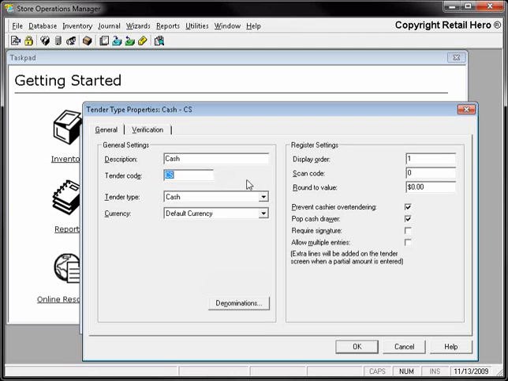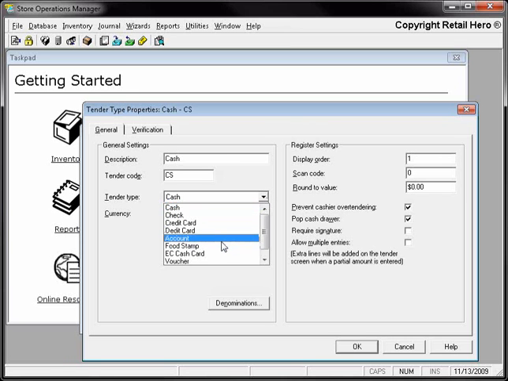The tender type drop-down box contains a number of tender varieties that behave according to their type. For example, the account tender type requires a customer to be selected for a transaction and that the customer has credit available on their account. If a tender type is not available from the list, choose the Other tender type, which behaves similarly to a